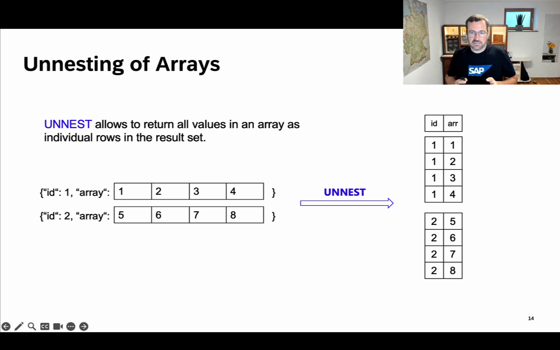We can use the unnest functionality of the document store to transpose these documents into a table, which has one record per ID and array element, which can be used for further aggregates and the like. So you see the example here. We have the two arrays with ID 1 and 2. ID 1 carries array elements 1, 2, 3, 4. ID 2 carries 5, 6, 7, 8. And if we traverse that, we do get a table with, in this case, 8 entries with the corresponding combinations